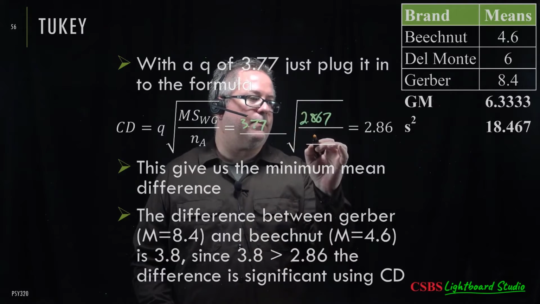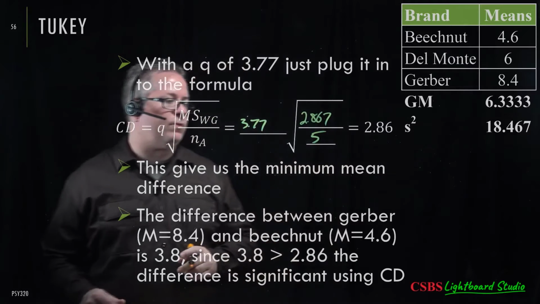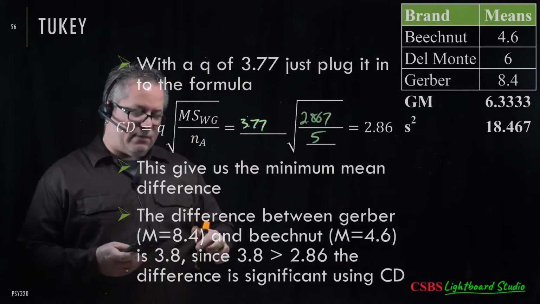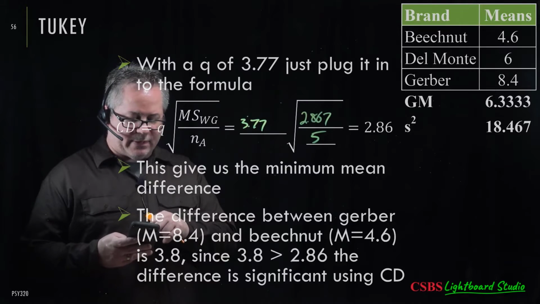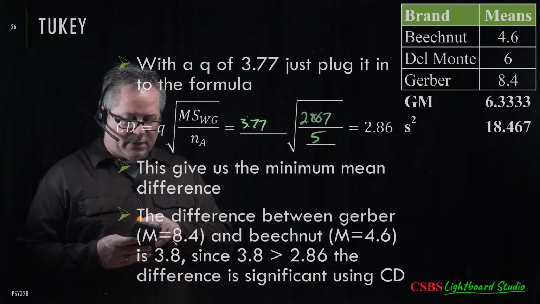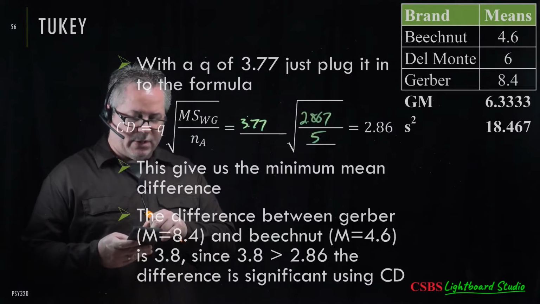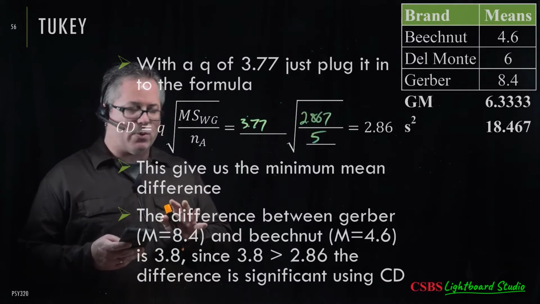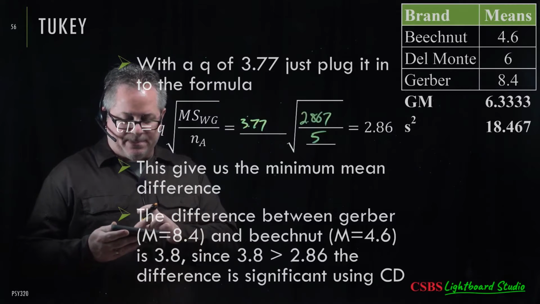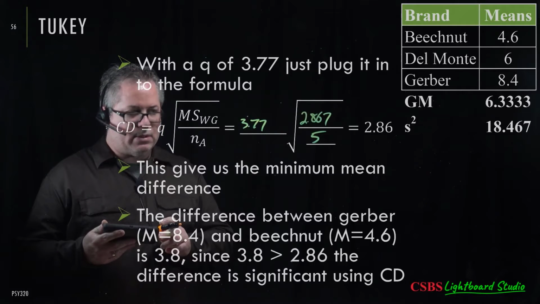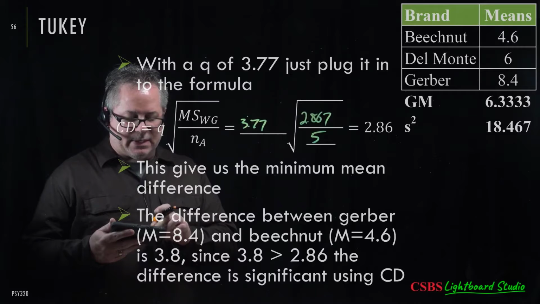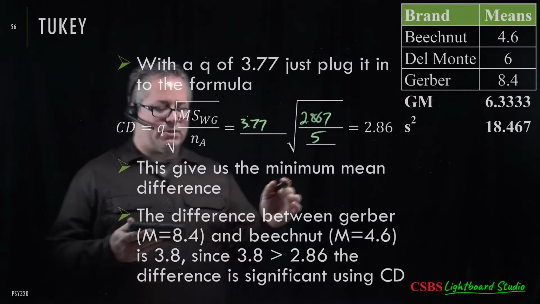I'm dealing with 5 babies in each group, so that's our n value there. So I'm going to take 2.867 divided by 5, which equals 0.5734. I'm going to take the square root of that. I get 0.757. So I'm going to take 0.757 times 3.77 equals